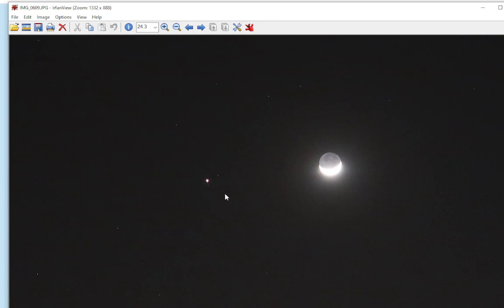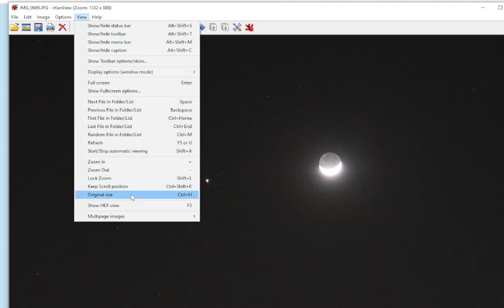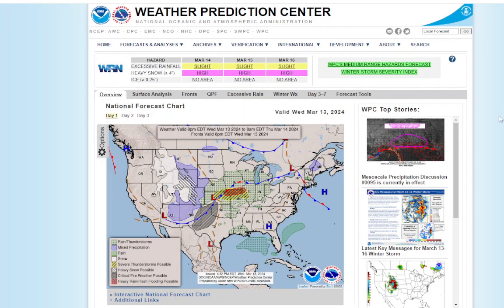That's right, folks. This is Jupiter. I was actually able to get a picture of Jupiter, believe it or not. I'm going to just zoom it in a little bit to show you. Not only did I capture Jupiter, it is a noisy picture because I had to take it at a high ISO. But look at that. Those are the moons of Jupiter around it. So, yeah, pretty awesome, right? Yeah, I figured I'd show you that. But anyway,